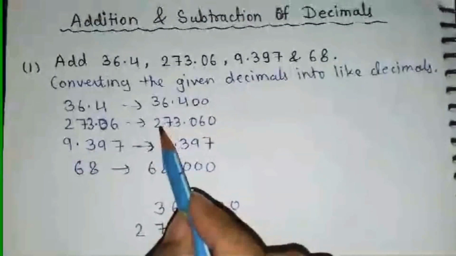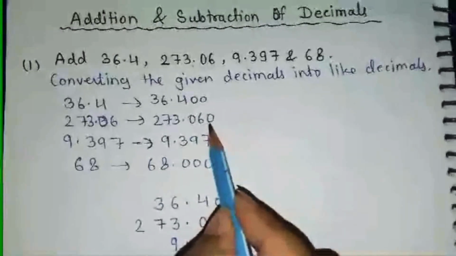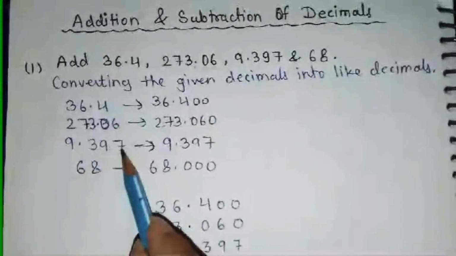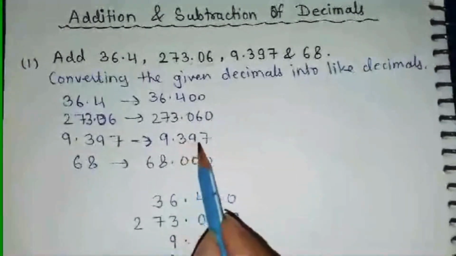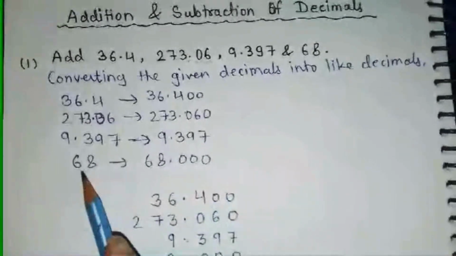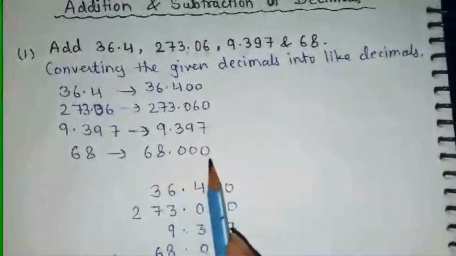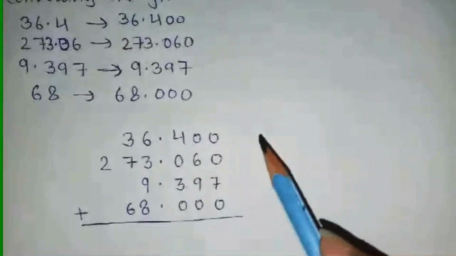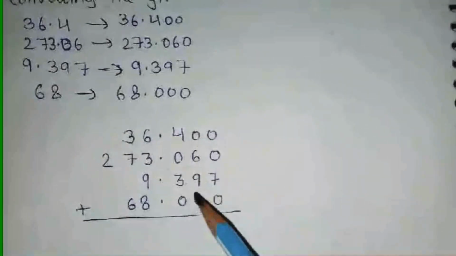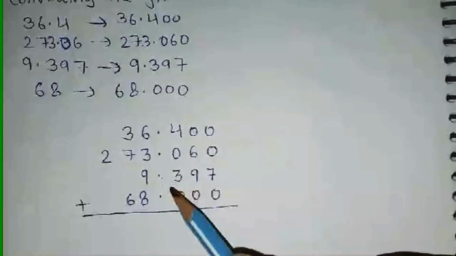273.06 converts into 273.060. 9.397 will remain the same, 9.397. Next, 68 converts into 68.000. Now write all the decimals in a column in such a way that the decimal points of all the